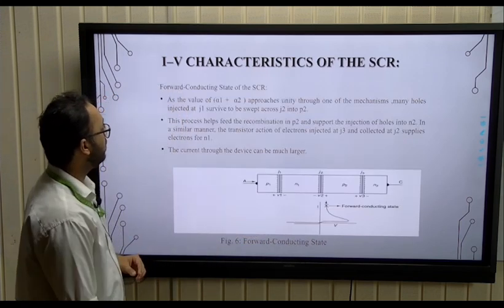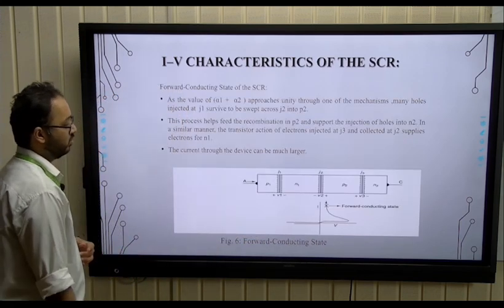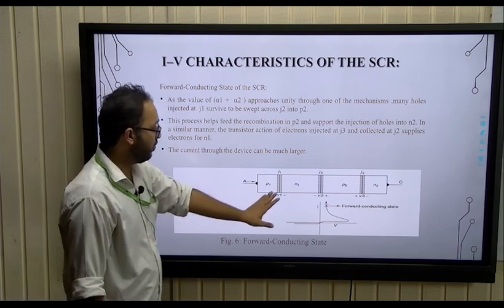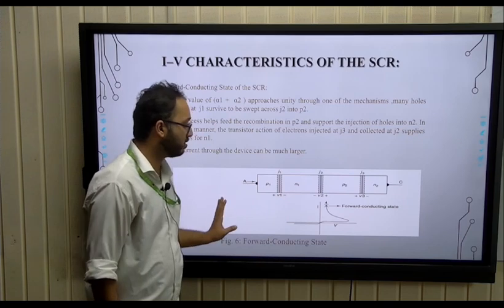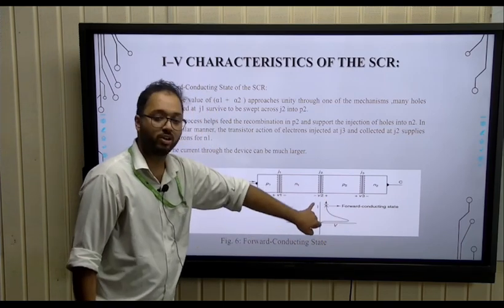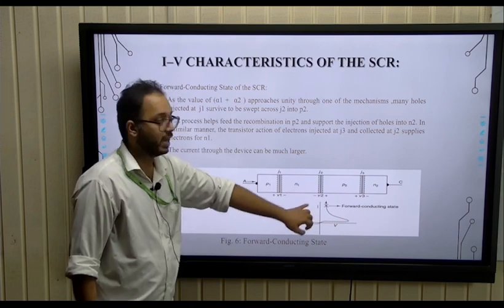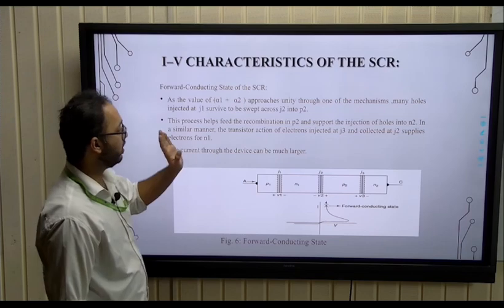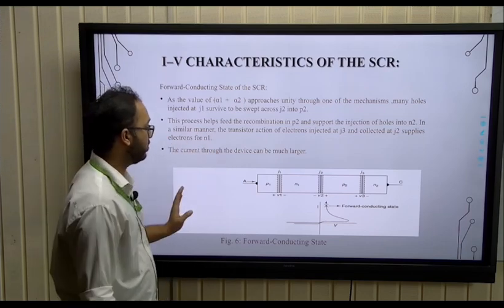Okay, now we come on to the forward conducting stage. What happens in the conduction is that when we have applied enough voltage, breakover happens and this junction J2 comes into the forward bias. Okay, and as we can say, the value of alpha 1 plus alpha 2,